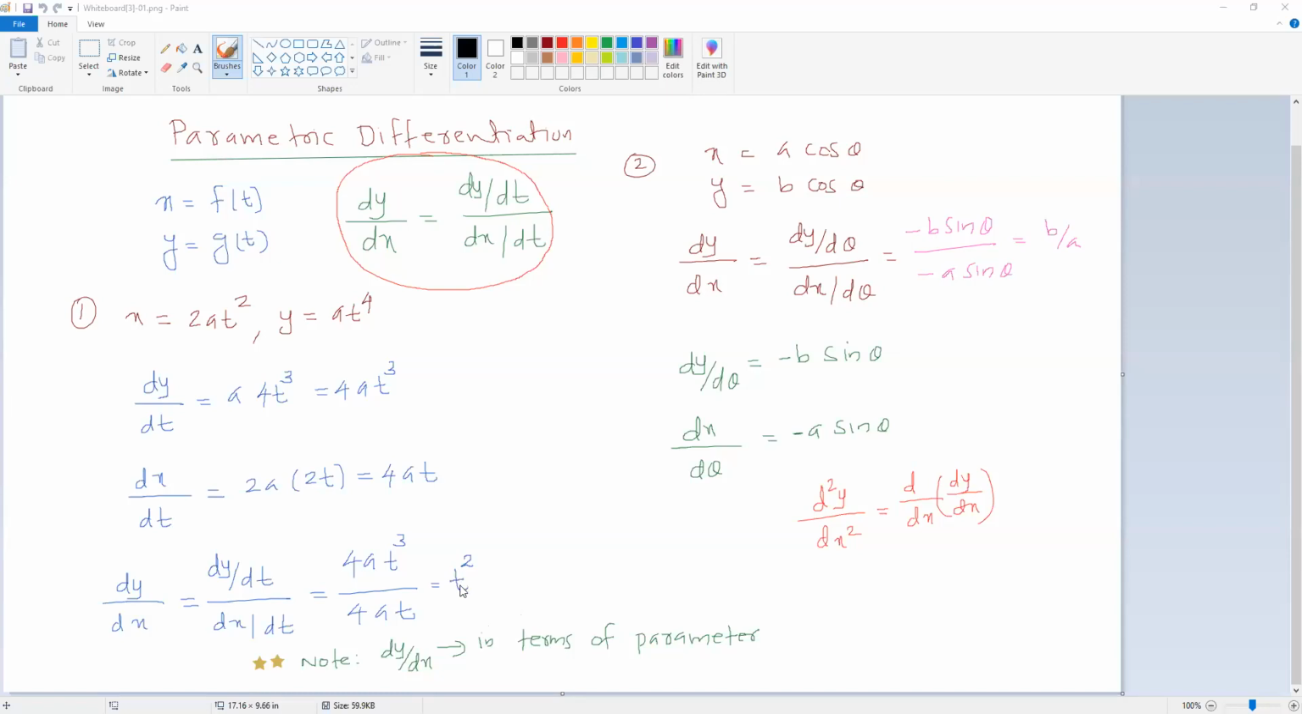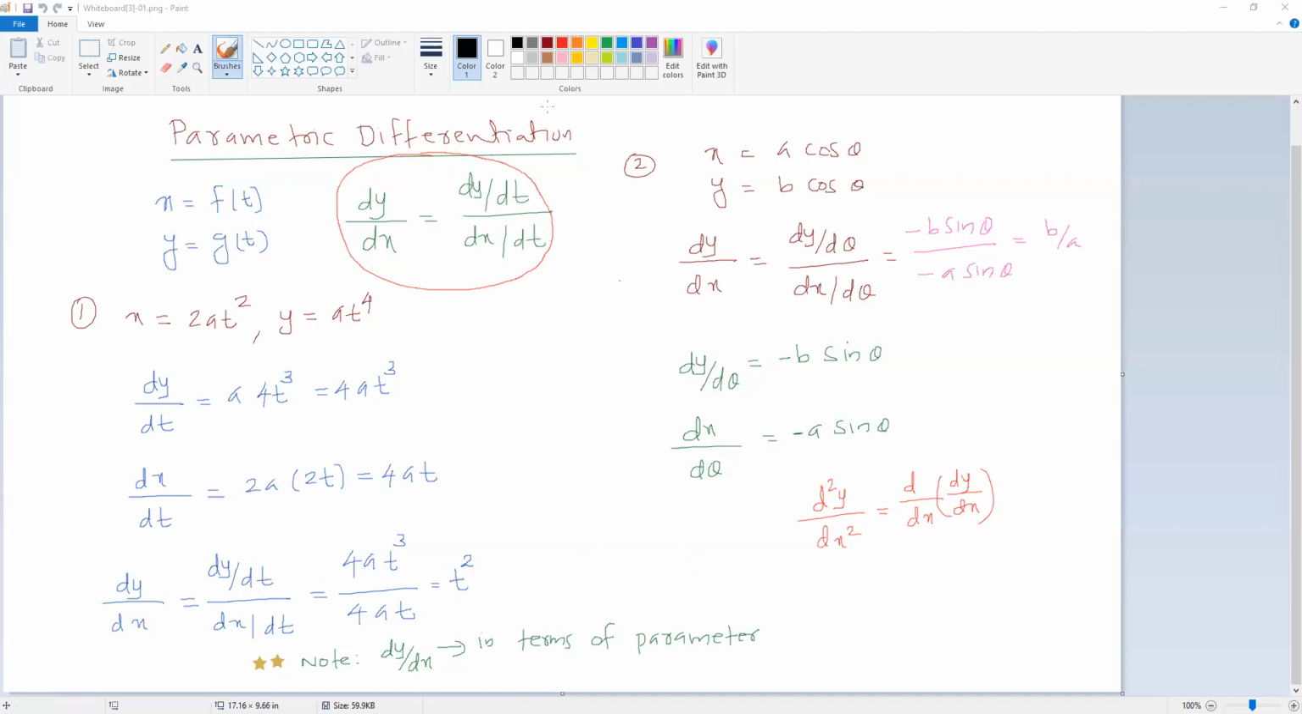So here you got the answer t square in the first case. In the second case you got b by a, so a constant came. So for finding the second derivative we have to apply the chain rule. Second derivative means we have to find the derivative of the first derivative. But the first derivative is in terms of t, so you have to multiply with